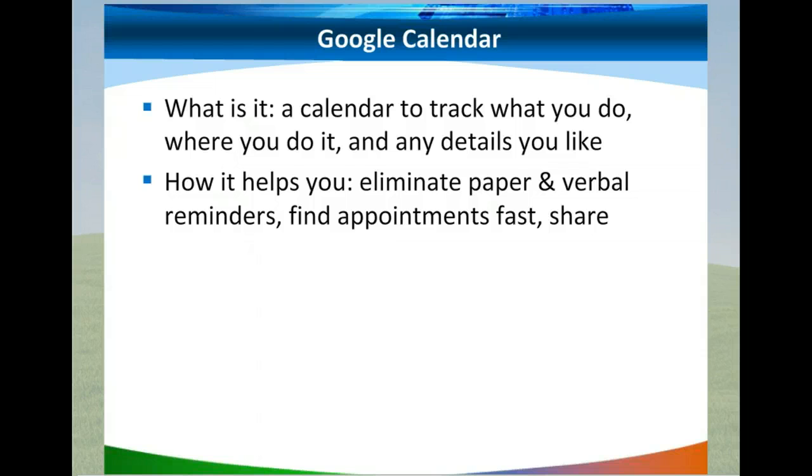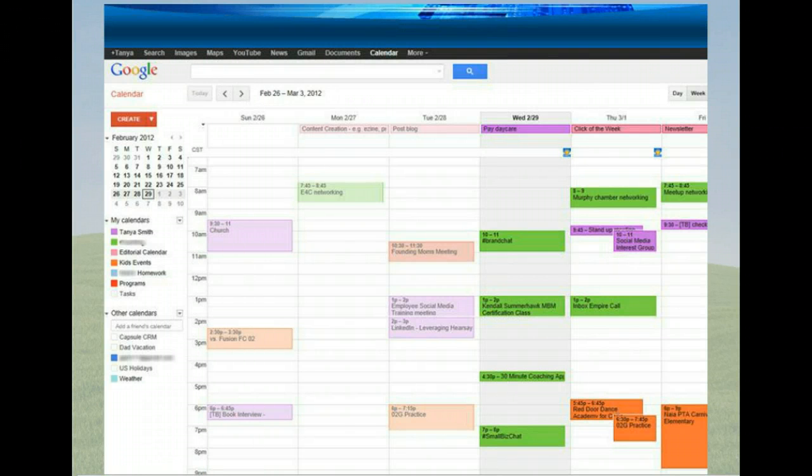The biggest way that this helps you to get more sleep, earn more money, save time, is by eliminating paper, if you're still using those paper planners, okay, and you have to dig and try to find, oh, where did I have that appointment? When was it again that I was supposed to do such and such? Now you can actually do a search and filter out what you're looking for in your calendar. You can also share information, which, by the way, has helped my husband and I to stay married. I'll explain what I mean right now.